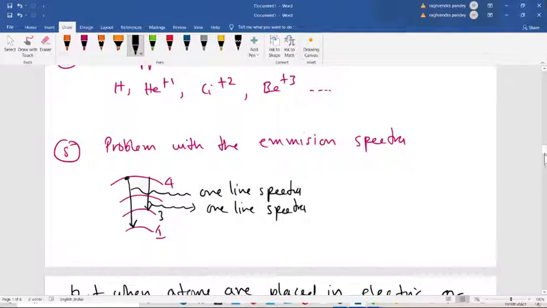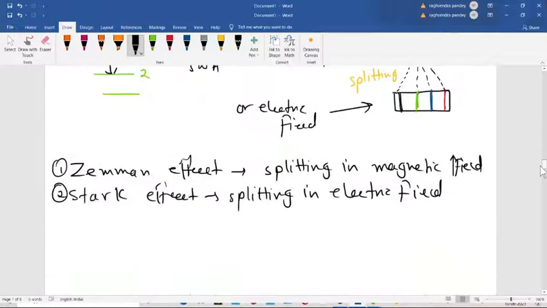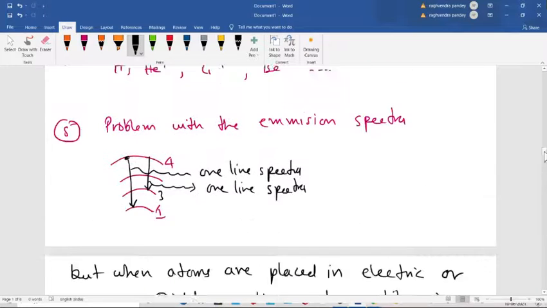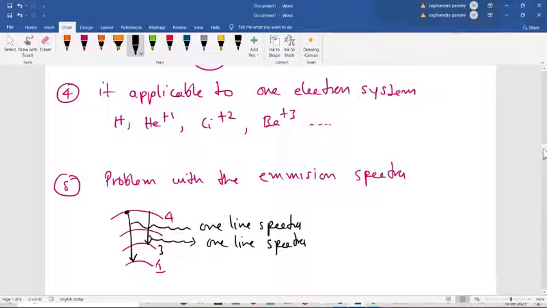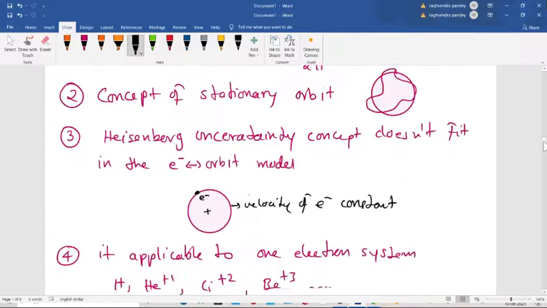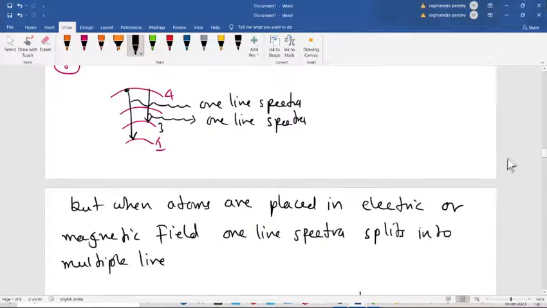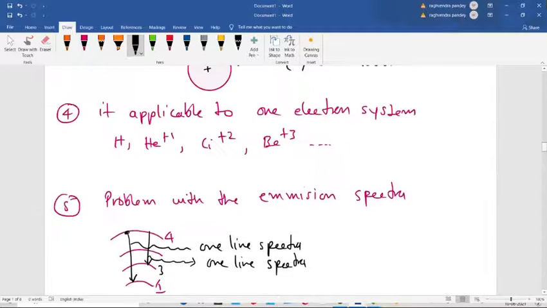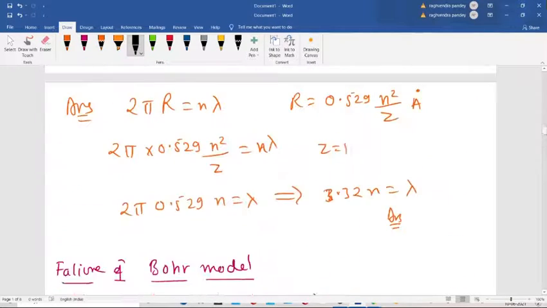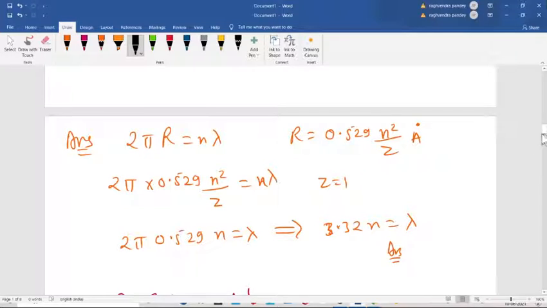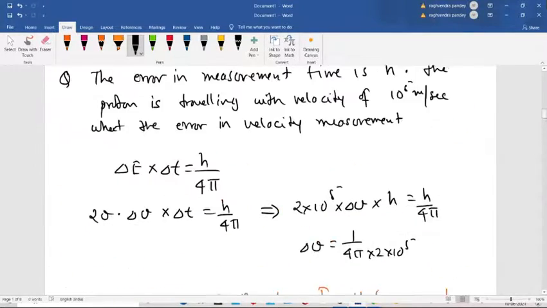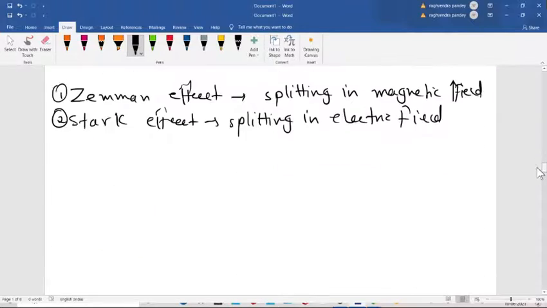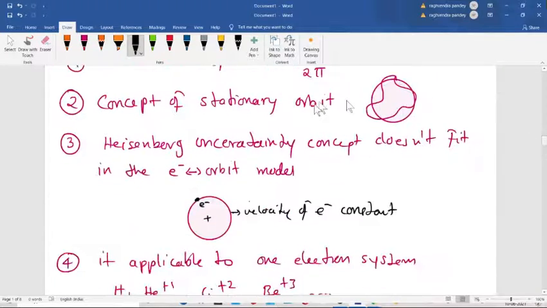Because I am teaching online, my speed is slow. Writing online is difficult on this pen tablet. I practiced a lot, so this is not my original writing. Means it is the original writing, but that is not how I write on the board. So that is up to the Bohr model and the Heisenberg uncertainty principle. So here I will give you. The failure is nothing that you have not already learned about. That is the thing they ask so many times.